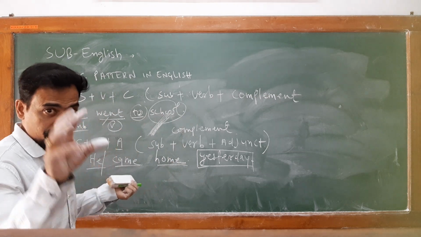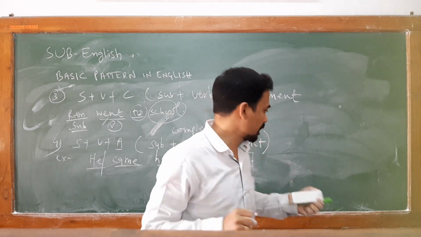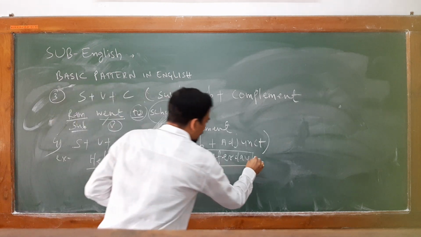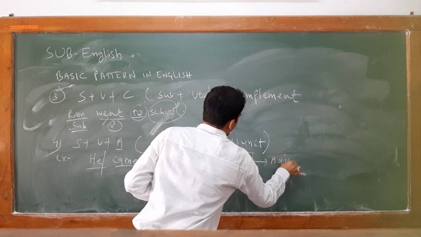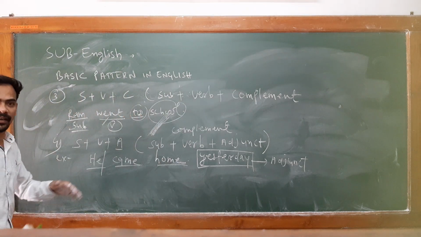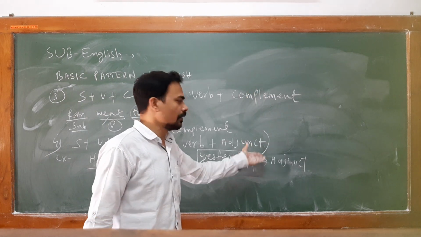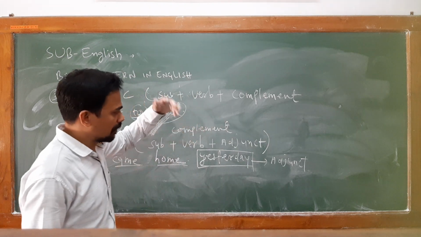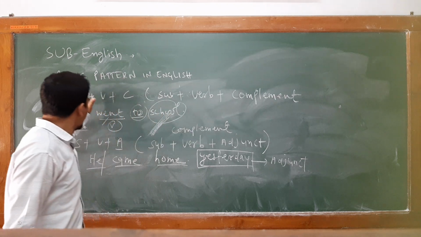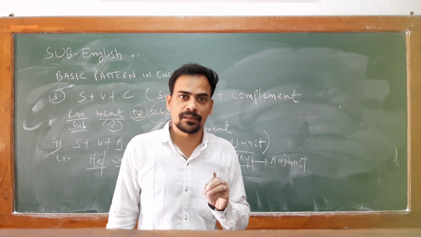Complement is something different. Complement means the word is necessary in the sentence to complete it, but an adjunct is not necessary. This is just giving some extra information. So this is known as your adjunct. An adjunct is a word which can only add some extra meaning to the sentence. It has no role whether it is there in the sentence or not, but a complement is necessary to complete the sentence. I hope these are the 4 basic patterns in English that everyone should know.